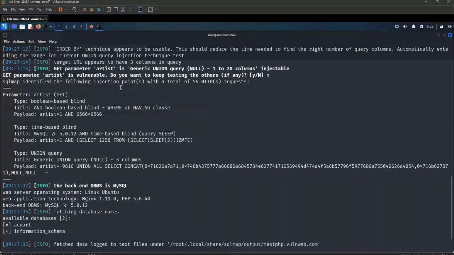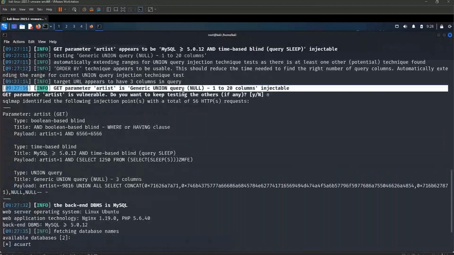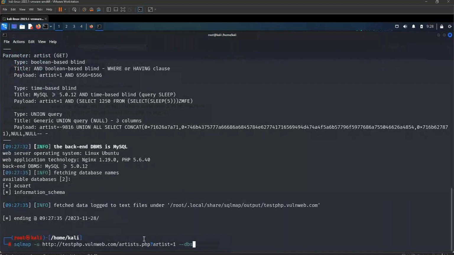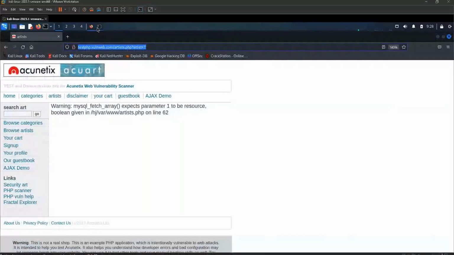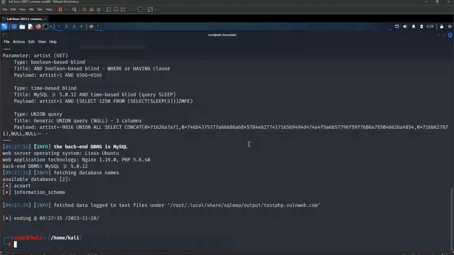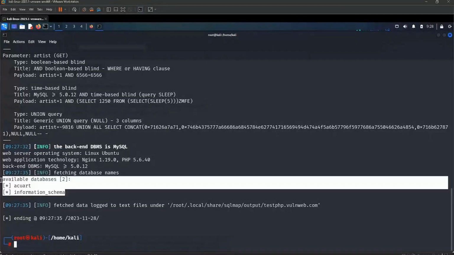Then it also gives us the information that we have the vulnerability in our parameter, your cat over here, or the artist in the URL which we wrote. It has the vulnerability inside it. So over here, since we are getting the information about the available databases,